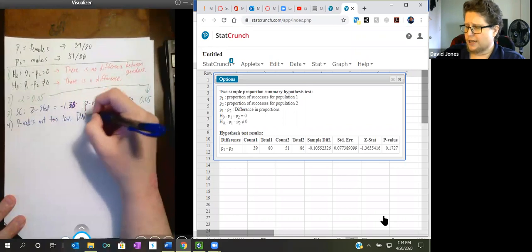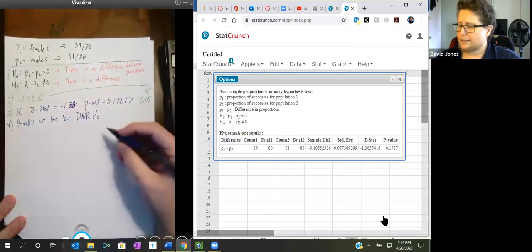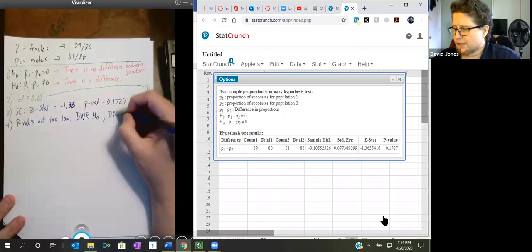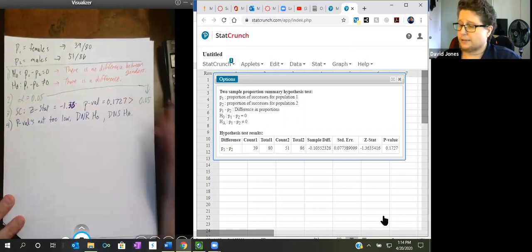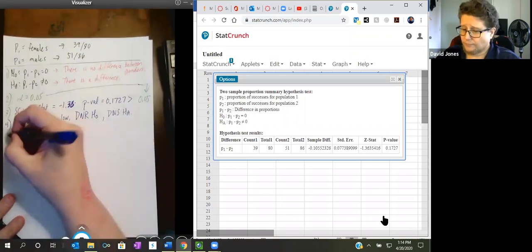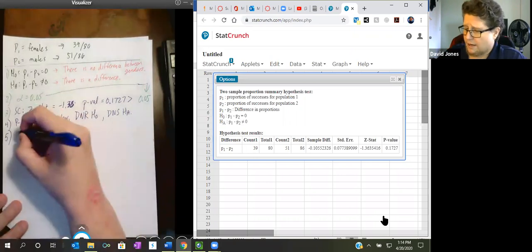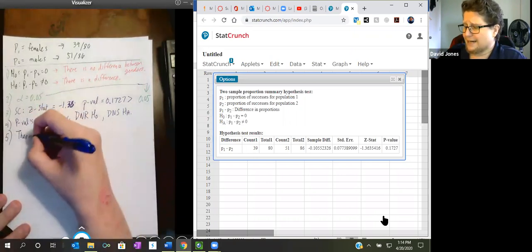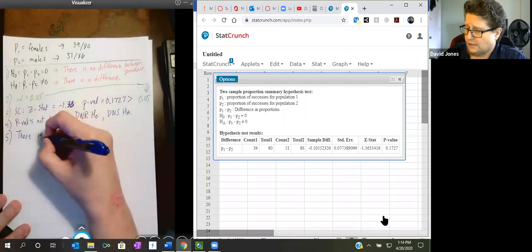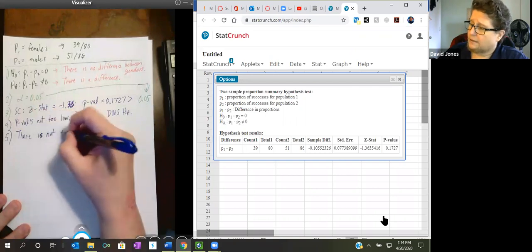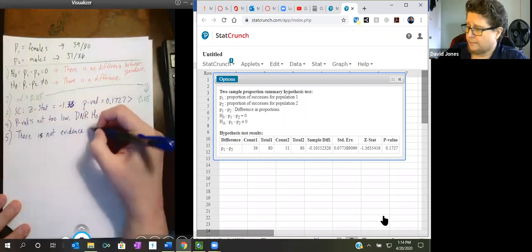Do not reject the H0, or the null hypothesis, which means do not support the alternate hypothesis. The alternate hypothesis was there was a difference. So our conclusion is, I'll change the wording a little bit, there is not enough evidence to support the student's claim